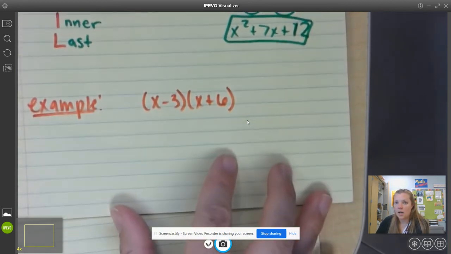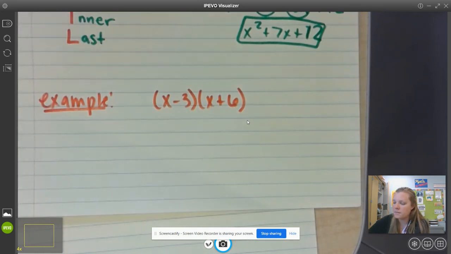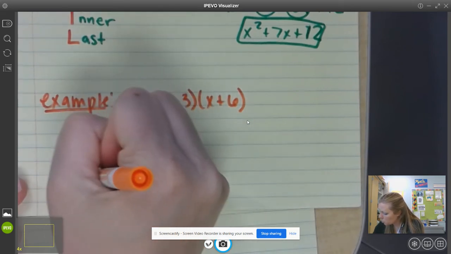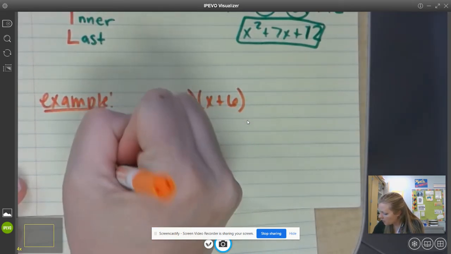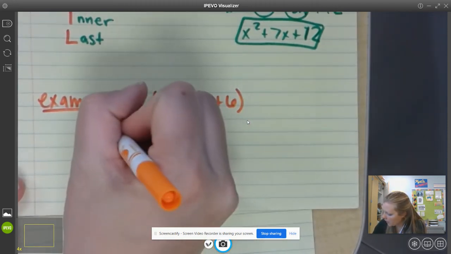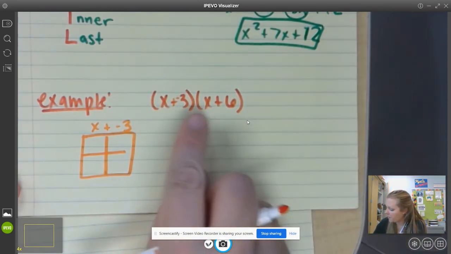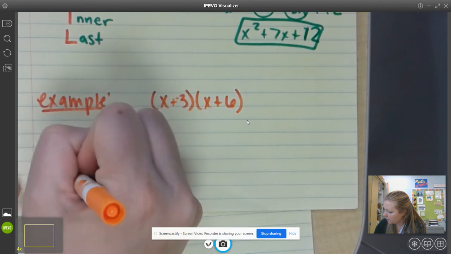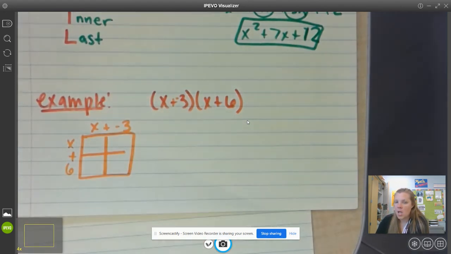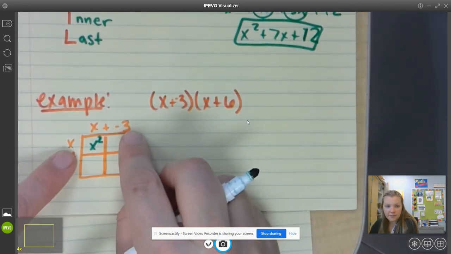Let's do one more example with a subtraction, like I said, and then we will be done. So for the box method again, start by making a box, and I'm going to make a 2x2 box because these are both binomials. So when I write the first one out, I'm going to write x plus -3. I work on it by adding the opposite. And for the second one, I'm going to write x plus 6. And then I multiply the edges of the box. So x times x is x squared. -3 times x